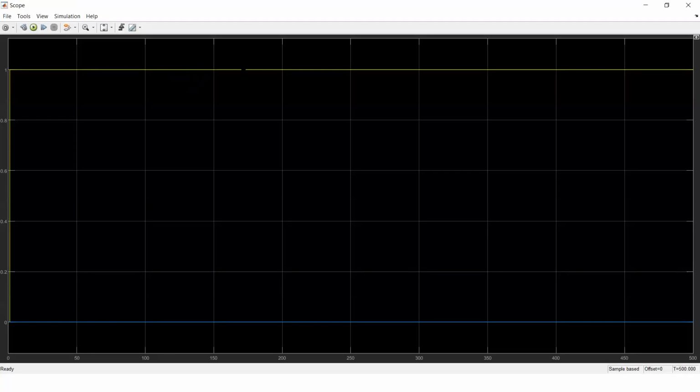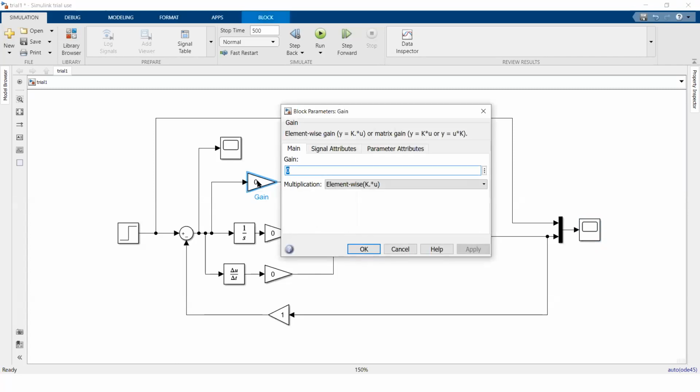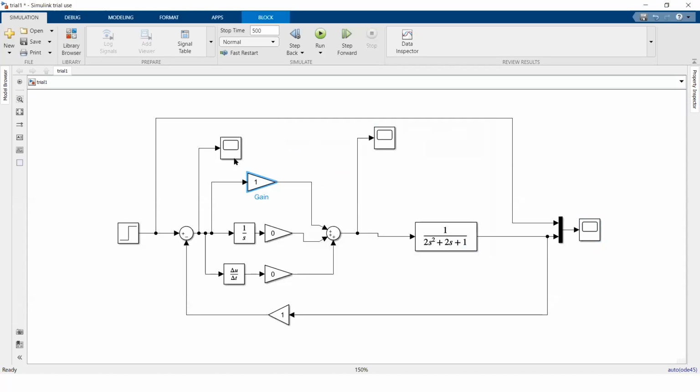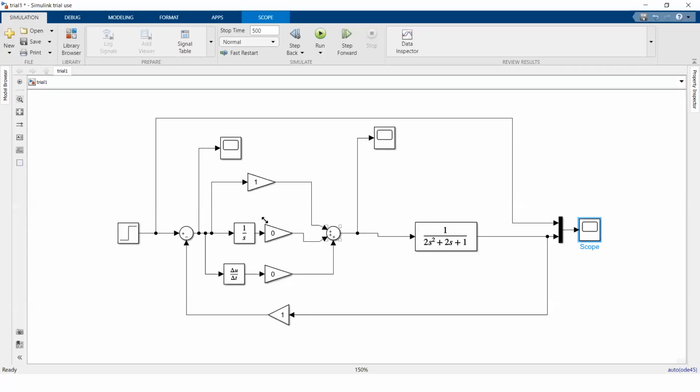And this is the desired output. So if you put all zeros, it will not work. You should have at least one here. If you're not controlling at all, you should have at least one here, so that without a controller, you will get some value. Now this is the steady state error. This error is the steady state error, and that is what we try to improve with all these three values.